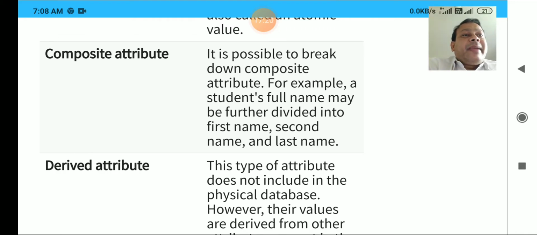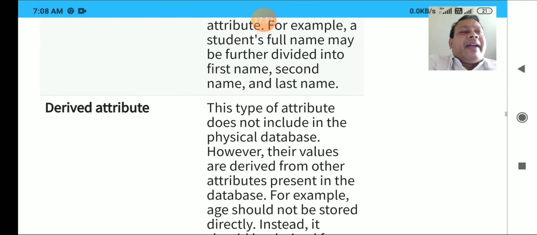Address may have state, city, street number, and pin code. All these can further be divided into different attributes. That is what is called composite, a mixture of different attributes. Like name: first name, middle name, last name. A name can be divided into three different parts. That is called a composite attribute, a mixture that can be further divided, clear?